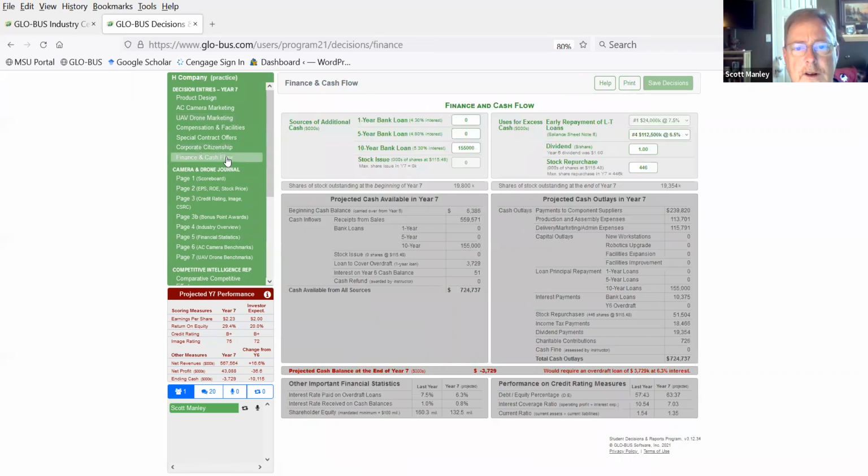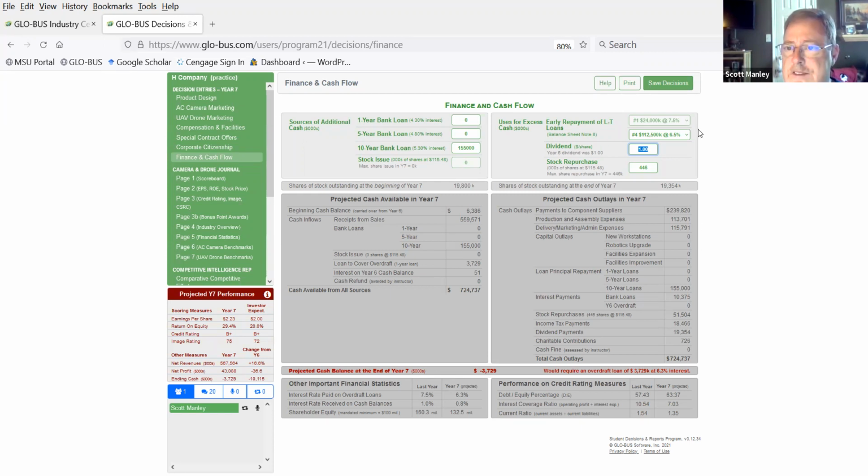So my last screen that I want to look at is my finance and cash flow screen. I always want to repurchase stock to the extent that I can. I don't want to mess up my shareholder equity, but I can buy back 446,000 shares of stock, so I'm definitely going to do that. I don't want to cut my dividend. A dividend cut is a bad signal to your investors. It means that you don't have optimism for the future, that you're not going to be able to continue to pay. In hindsight, my dividend of $1 last year was probably too much, but I'm going to let my earnings catch up and I'm just going to leave my dividend at $1.